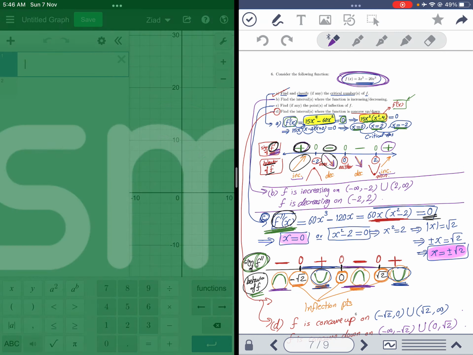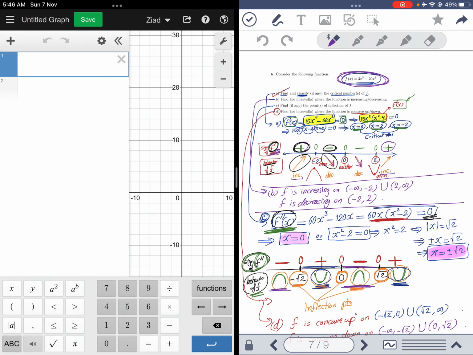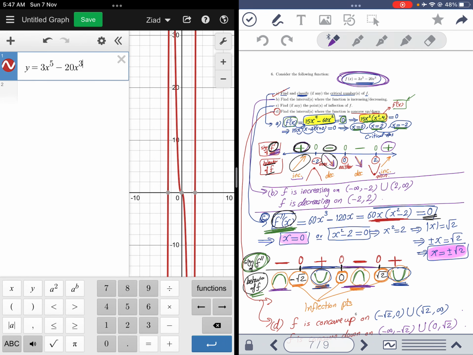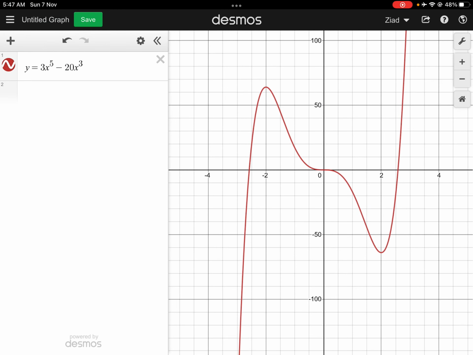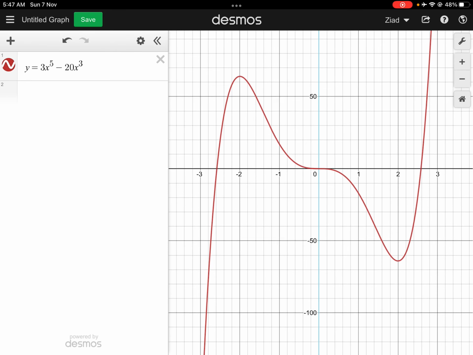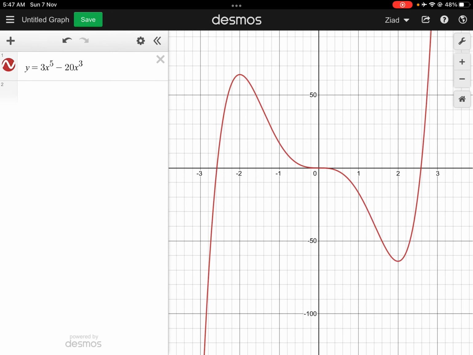3x to the 5 minus 20x cube. So I'll just write it, y equal 3x to the power 5 minus 20x to the power 3. Okay, and let's close it for now and see what the graph looks like first, and check that all what we found was correct. So notice there is a maximum here at the point negative 2, and the maximum value